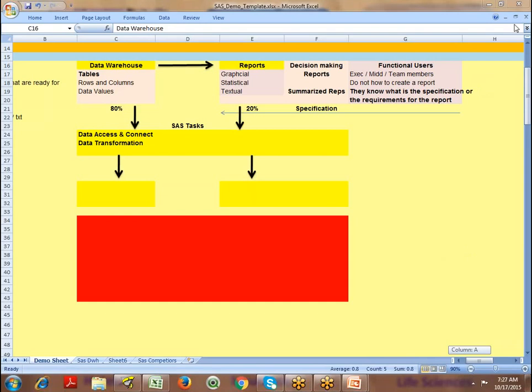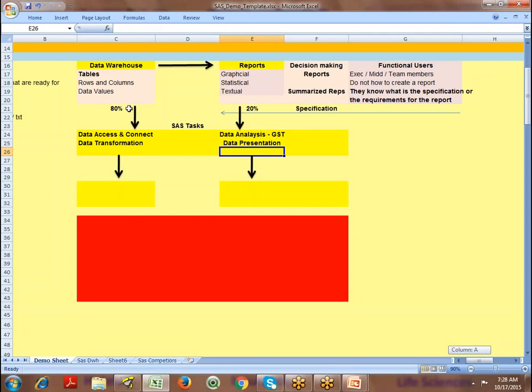Obviously, it is about the data tables. It can be any other data files. It can be a raw data file, or it can connect to any other databases in the market, and it is just going to extract the data. So data access and connect, data transformation. If you would like to print graphical, statistical and textual reports, it is called data analysis. Data analysis is whether you want a report in graphical, statistical or textual form. Then later you would like to present the report to the business user. So the next one is data presentation.